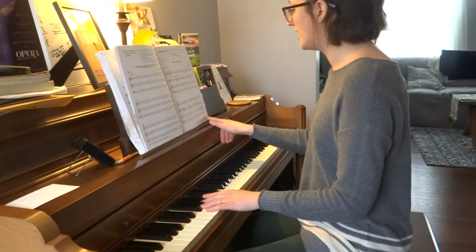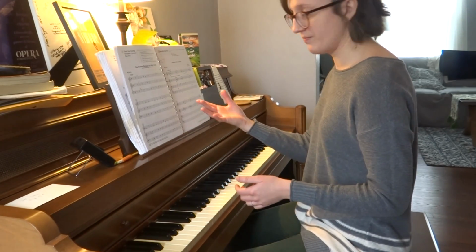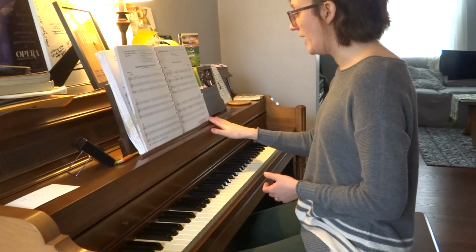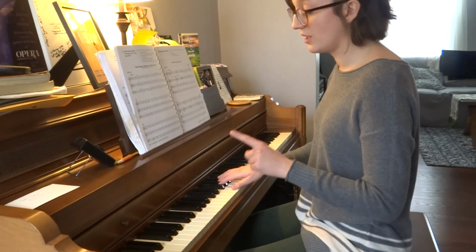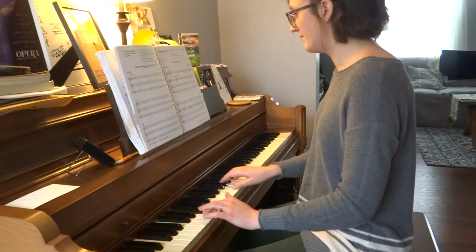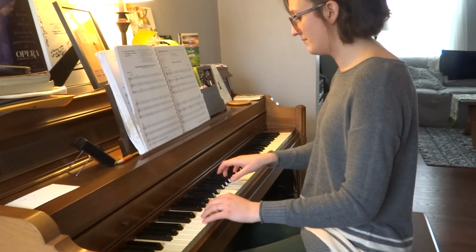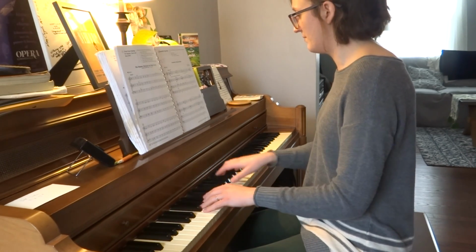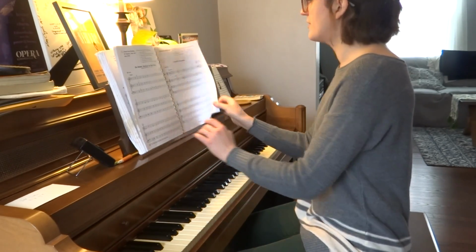And then at the end of the line, they give a little change as the phrase comes to a close. Okay? So I'm going to go ahead and play measures 1 through 8 so that you are certain you know what I'm asking. And I'm going to just play root in the left hand, okay? Okay, so then moving on,